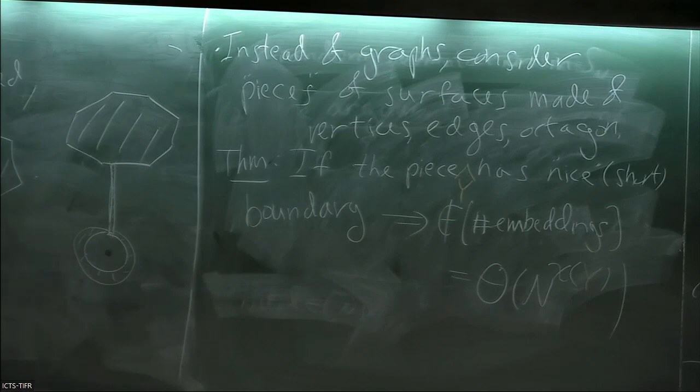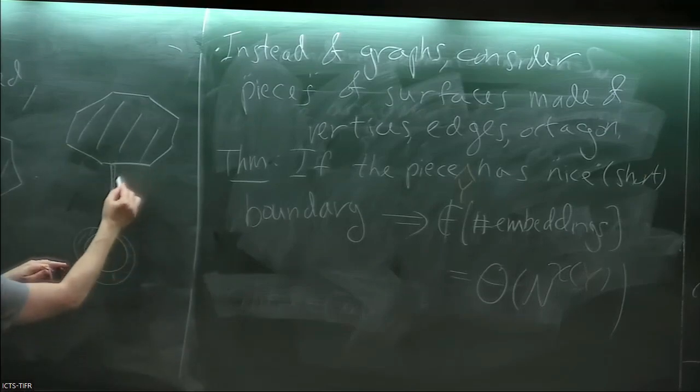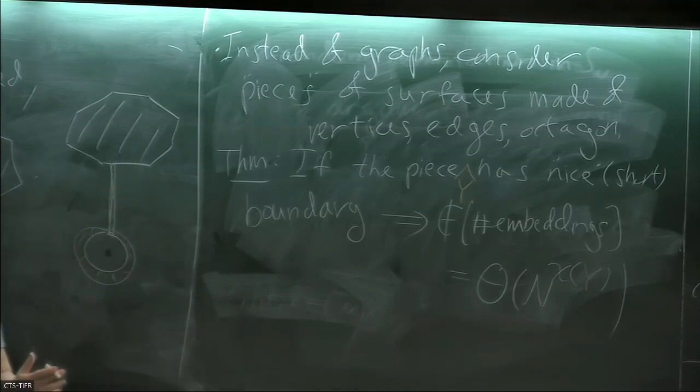Okay, and so I need to tell you what nice is. So nice means, basically, roughly, that this boundary doesn't contain a segment which is more than half of an octagon. So for example, if I have,